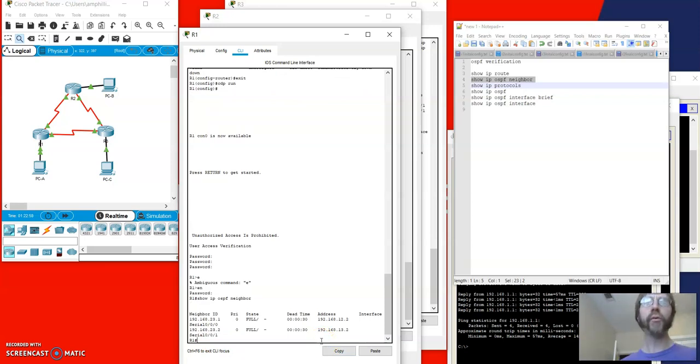Now, I see 23.1 and 23.2. That's a little confusing because I would have expected to see something a little bit lower, or rather, I wasn't thinking quite clearly enough about this. The router ID that OSPF picks has an order of precedence. We'll work with this in just a minute. It will choose a stated router ID first, then a loopback address, the highest loopback address available if there is one, and then finally the highest available physical IPv4 address. This is true for both OSPF v2 and OSPF v3,